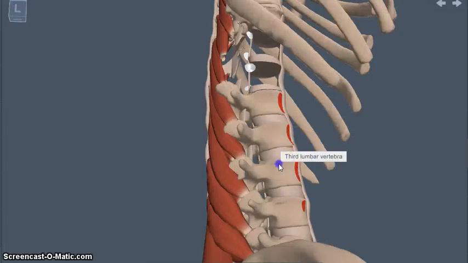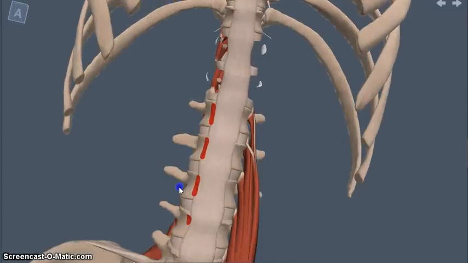We could go all day long, but what I'm going to do is talk a little bit more about some of the ligament structures before we finish up. This is the anterior longitudinal ligament. Now, what happens with the anterior longitudinal ligament